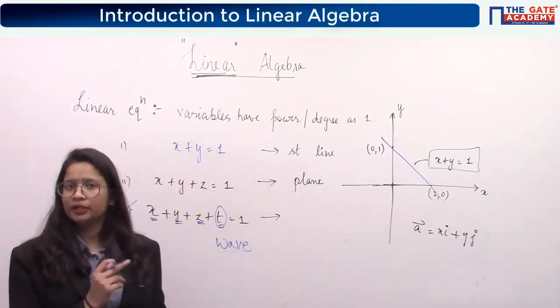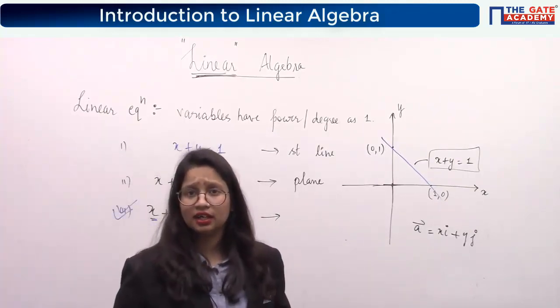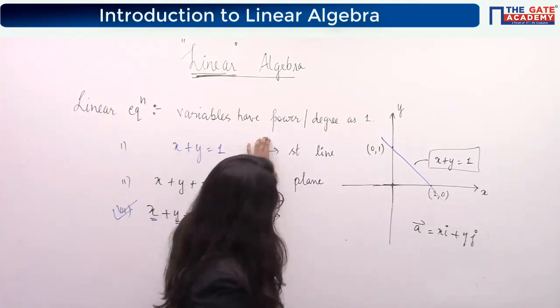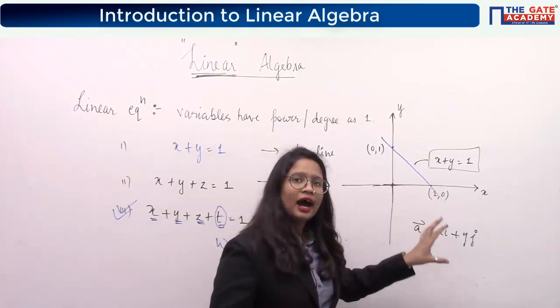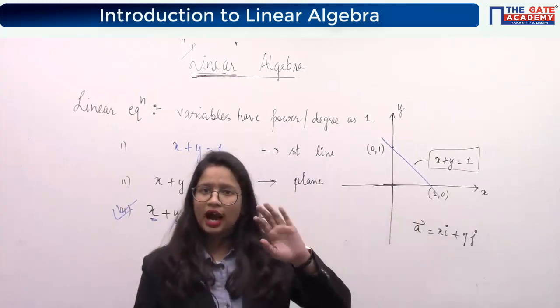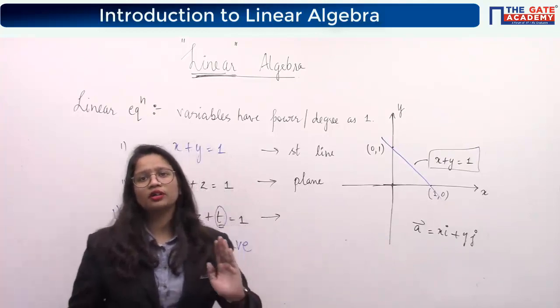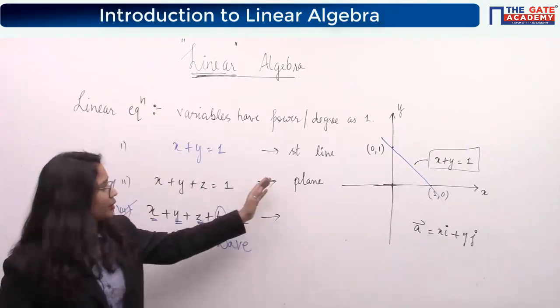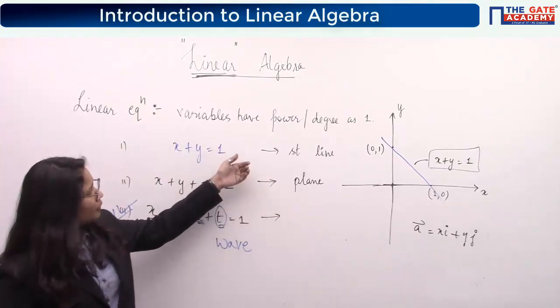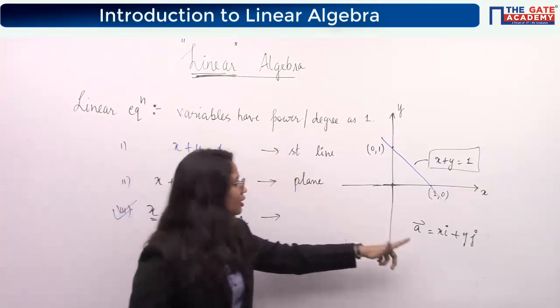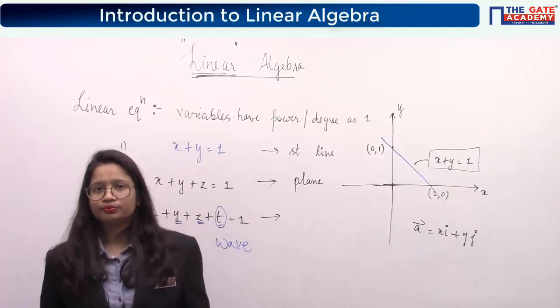So basically from here we can arrive at a conclusion that lines and vectors have something in common. They are somewhat related to each other. From this conclusion we have arrived. Why? Because I can write the equation of this straight line in Cartesian form and also in vector form.